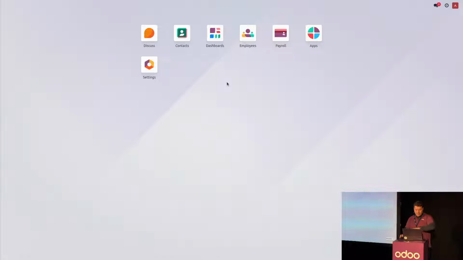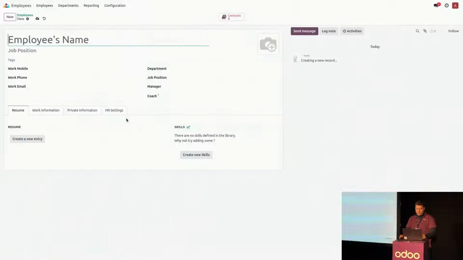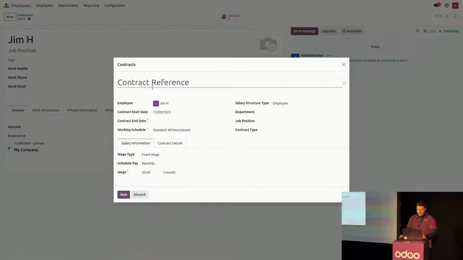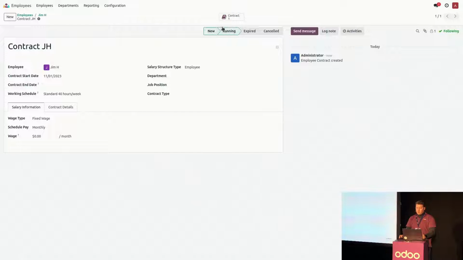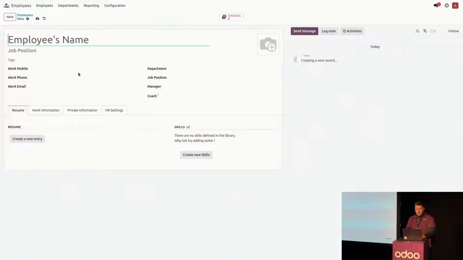Look at your watch, it's 15:22. I have a new database. I want to create 2 new employees. So I'll create Jim. I'll make a contract for him. So contract Jim. He started working for my company since the 1st of this month. I can just save it, make the contract running so he started working on my company, go back to the employee, make another